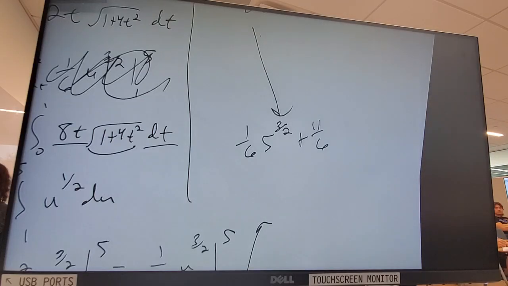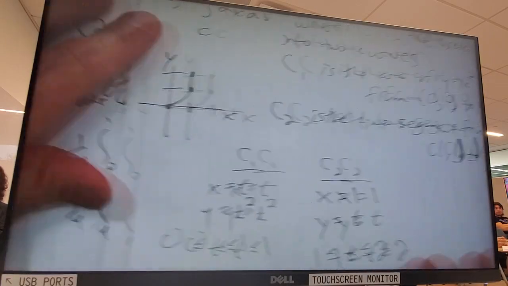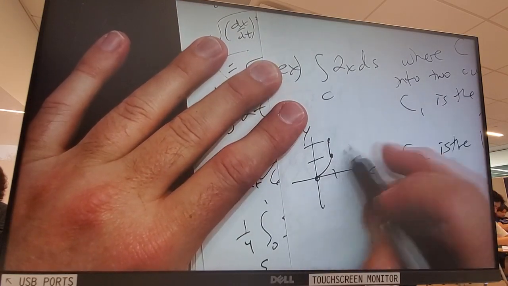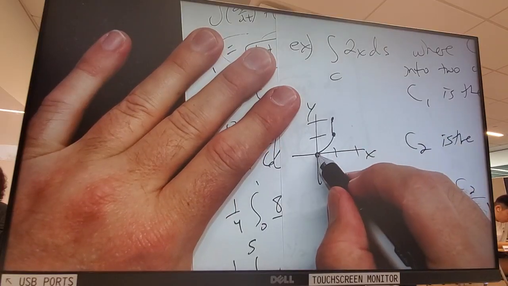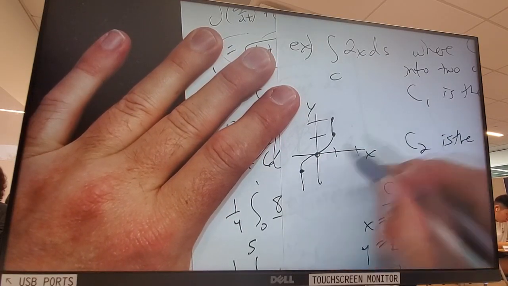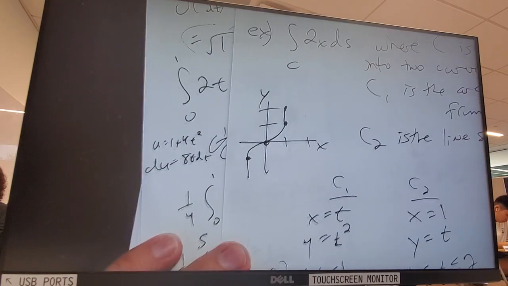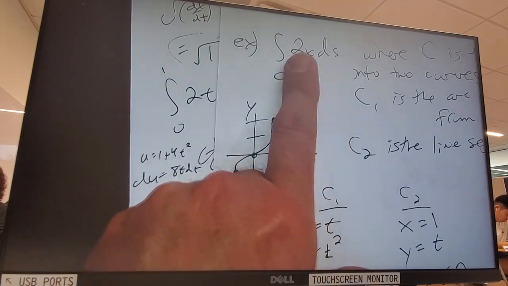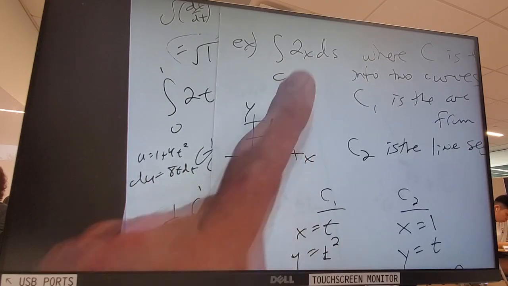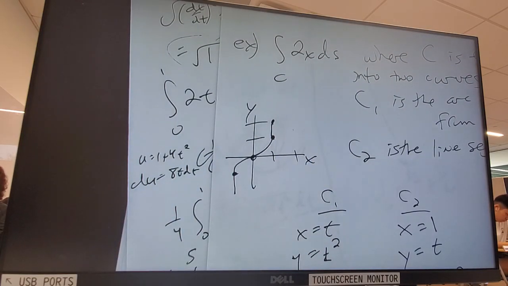Can somebody tell me, what do you think happens if I add this onto basically the inverse of that? It would be 0. Why? Because we would have the same positive and a negative. Yes, because along here it would be up here, and then it goes to 0, and then it goes underneath along here. So all the positive parts of the area would be negated by the part that goes underneath. I love it.